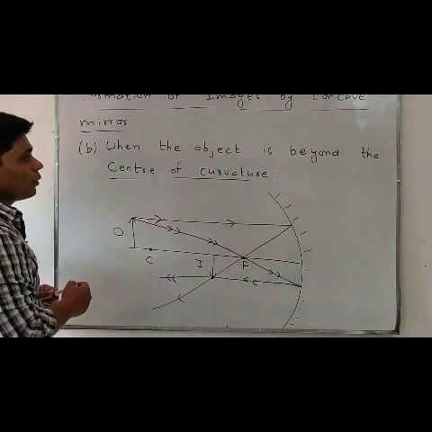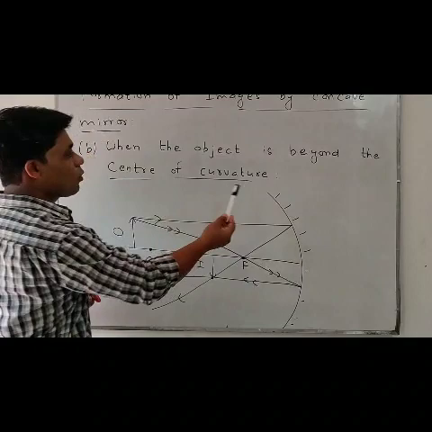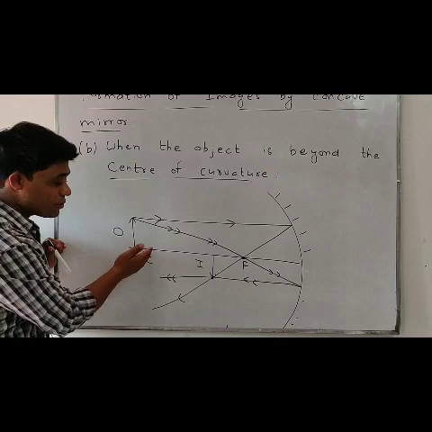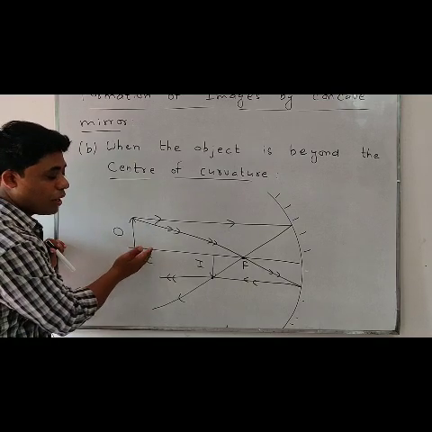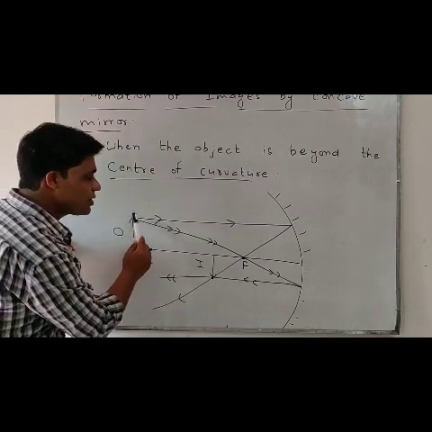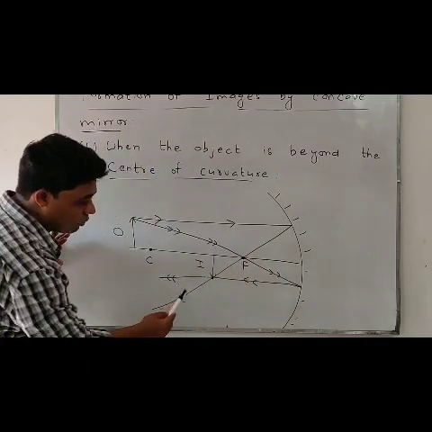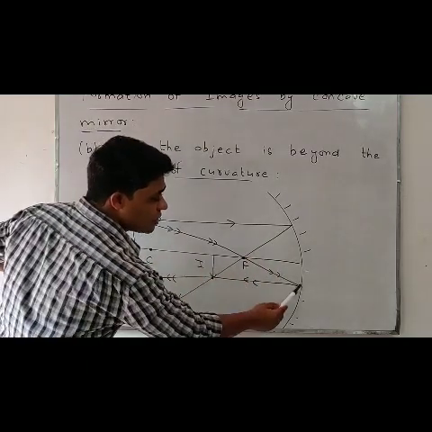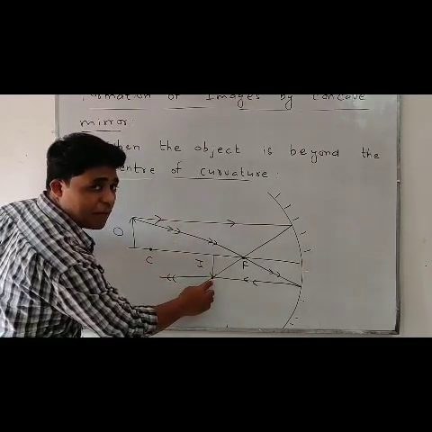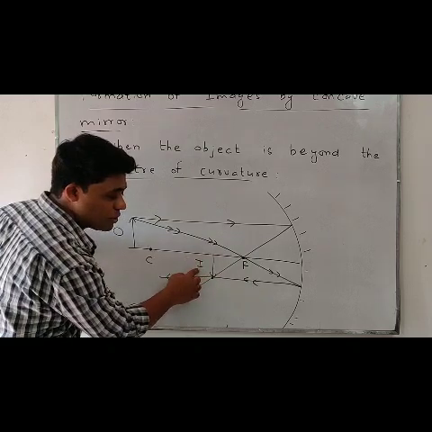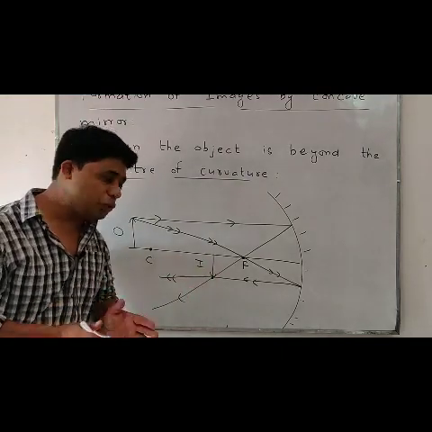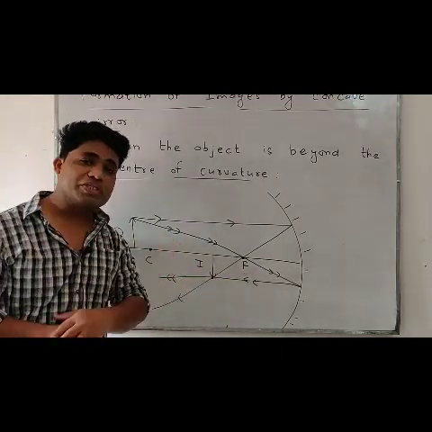See the diagram one more time. When the object is beyond the center of curvature, this is our object, just placed after the center of curvature. And we know every object emits light rays, so it releases light. After getting reflected, it will follow this path. Another ray is incident, it gets reflected. When the first and second light rays intersect at a point, there we obtain the image. It is real, inverted, and smaller. And the most important thing, we are getting the position between C and F.